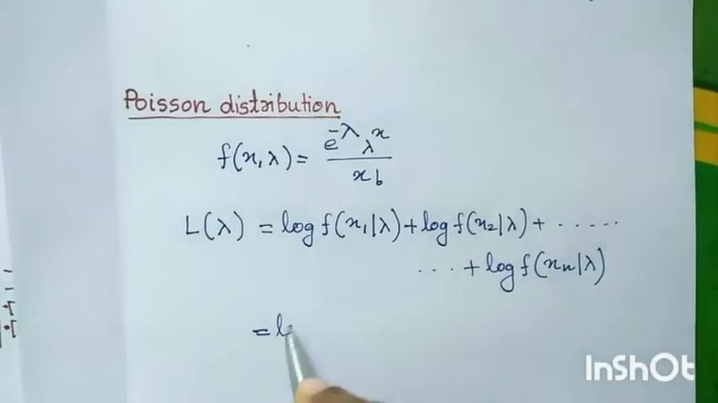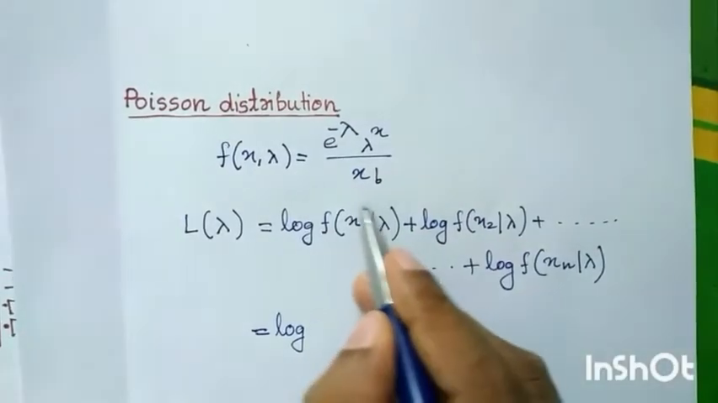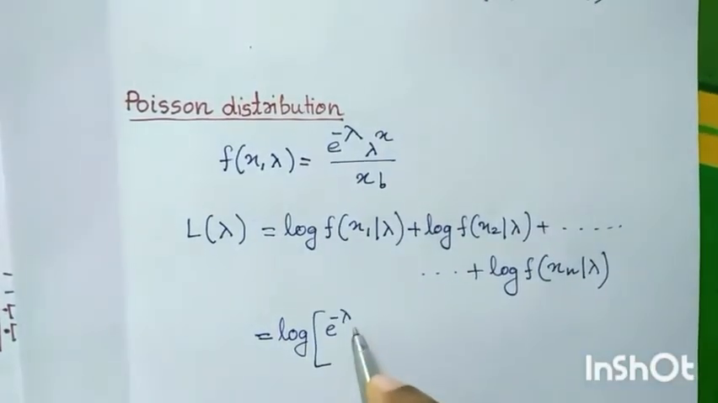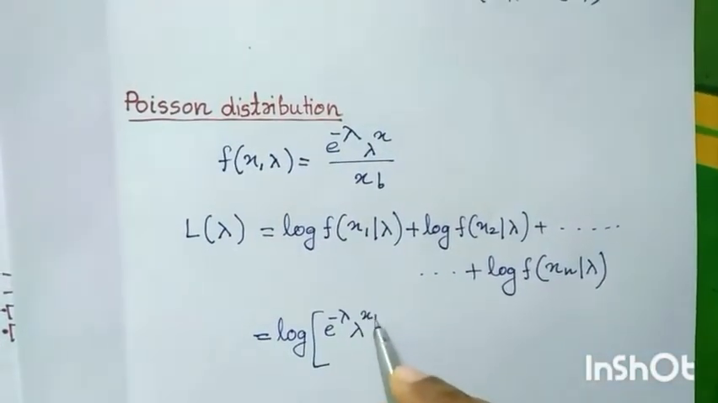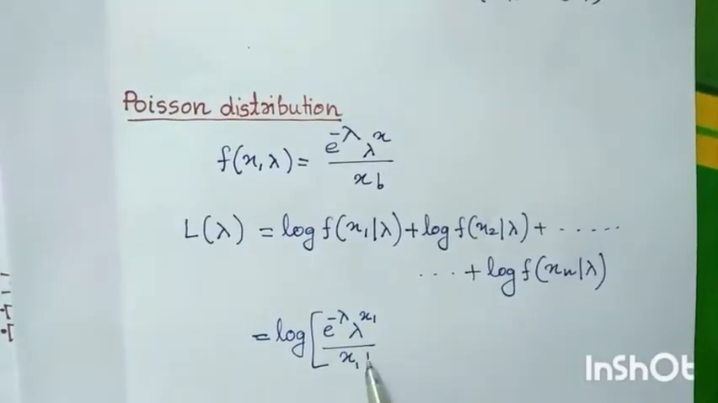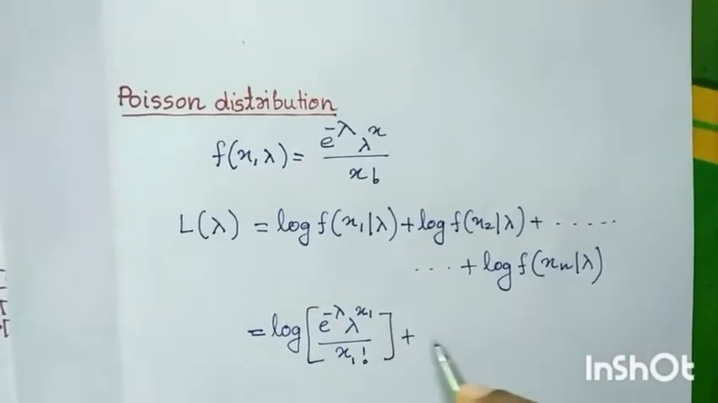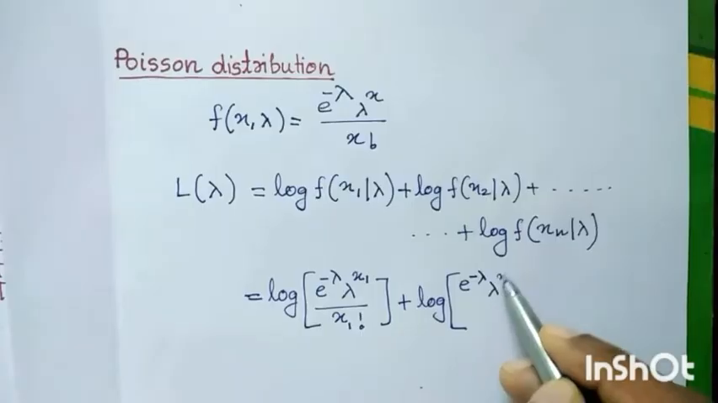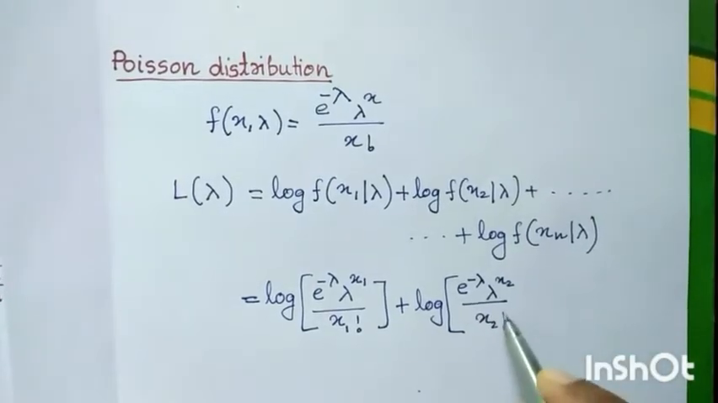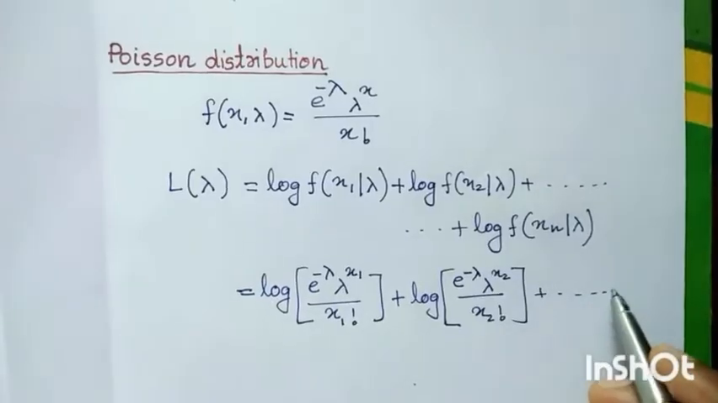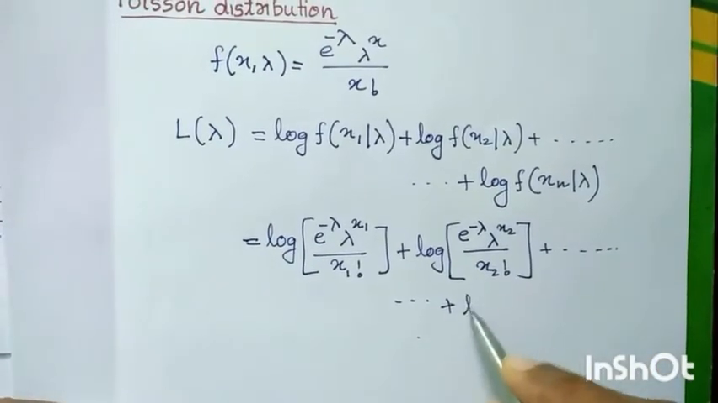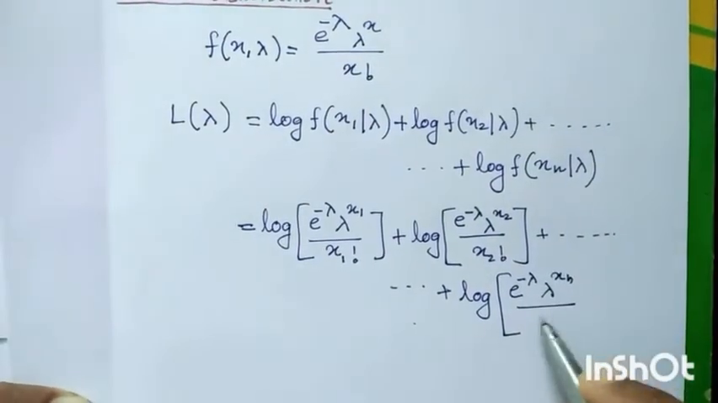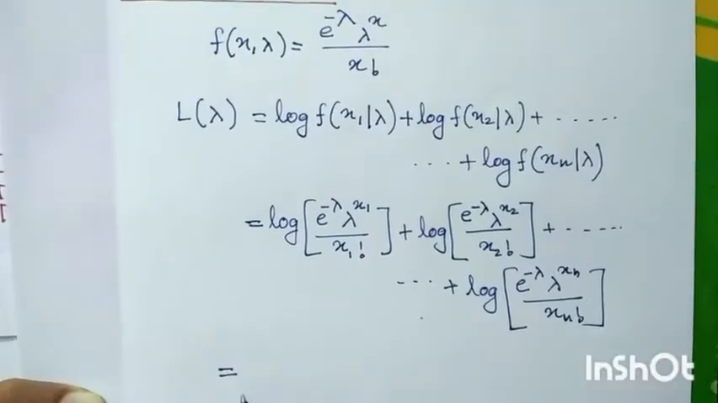Okay. So in place of f of x1 given lambda, you have to replace this equation: log of e raised to minus lambda into lambda raised to x1 divided by x1 factorial, plus log e raised to minus lambda into lambda raised to x2 divided by x2 factorial, plus etc., plus log e raised to minus lambda into lambda raised to xn divided by xn factorial, which is equal to,